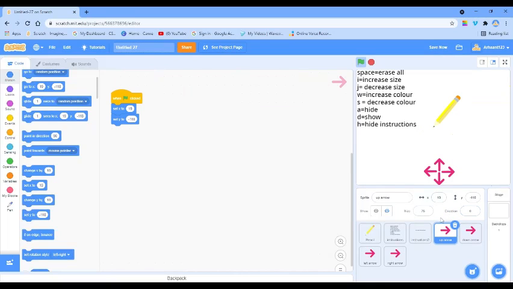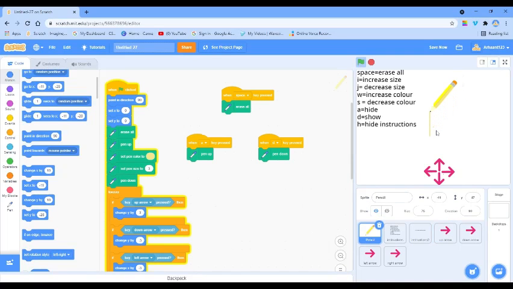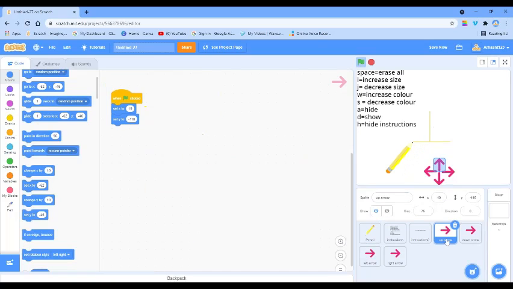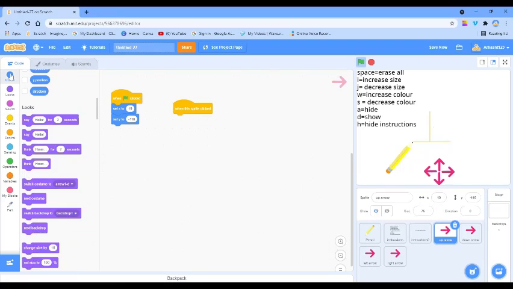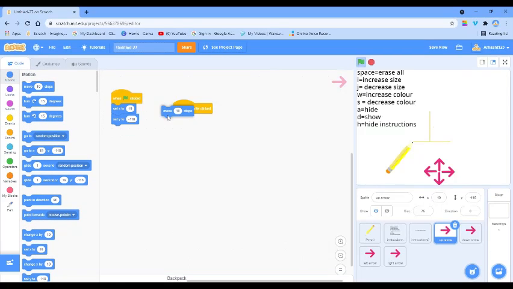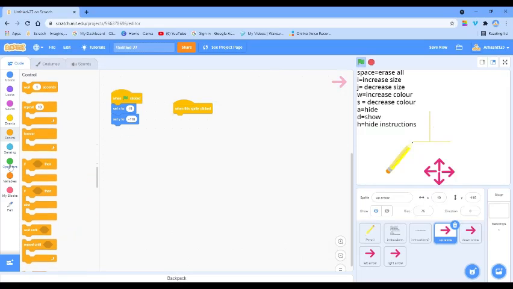So there's no problem. Now we want the basic function for it to move up and down like this and like this and like this. So for that, first we'll start with up. So we'll go in events and take when this sprite is clicked. Then we will take motion, move 10 steps. No, it's not move 10 steps. It's going to be,